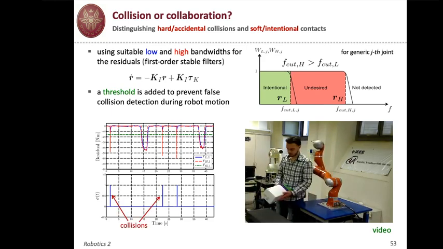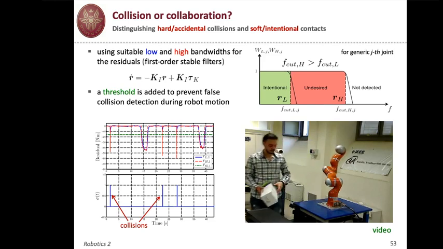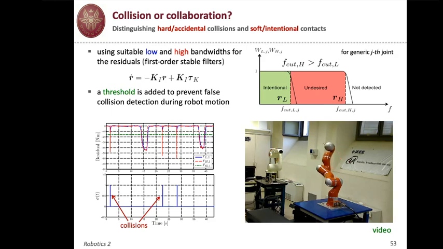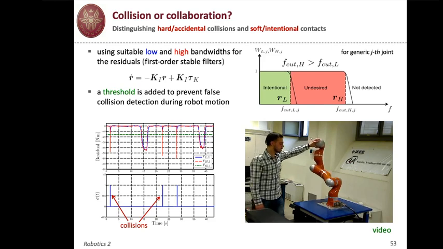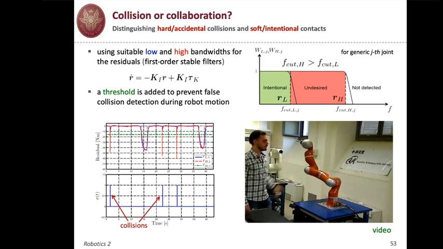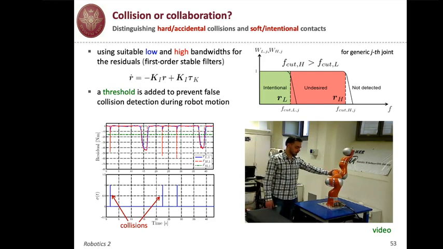Now on the left-hand side, you see plots, and in particular, you see that when there is a high peak in the high bandwidth residual, the red one in the first plot, then this is classified as a collision. So this sigma is a 0,1 value. And you see that the red peak not followed by the blue residual, which is the residual at joint 1 with low pass, with low bandwidth, these are being classified as